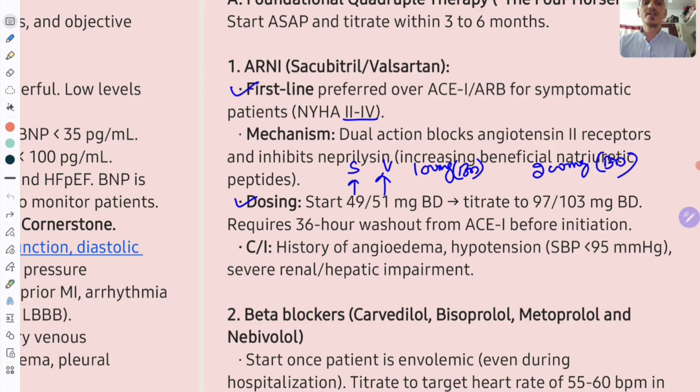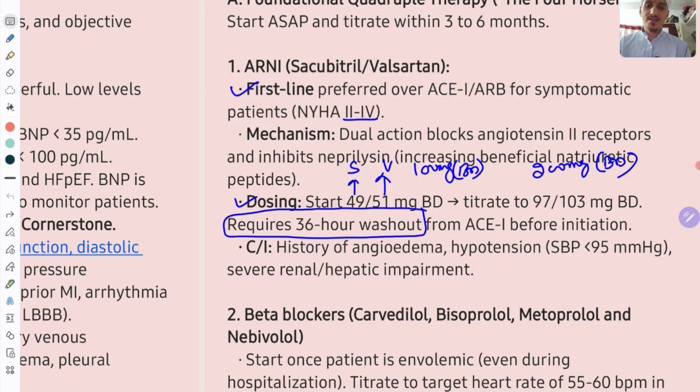Now if you are replacing this combination ARNI with ARB or ACE inhibitor, or vice versa, for example, if you are replacing ARB or ACE inhibitor with ARNI, you require a 36-hour washout period. So before 36 hours you should not replace these drugs. ARNI with ACE inhibitor or ARB, or ACE inhibitor or ARB with ARNI, you should not replace until the 36-hour washout period